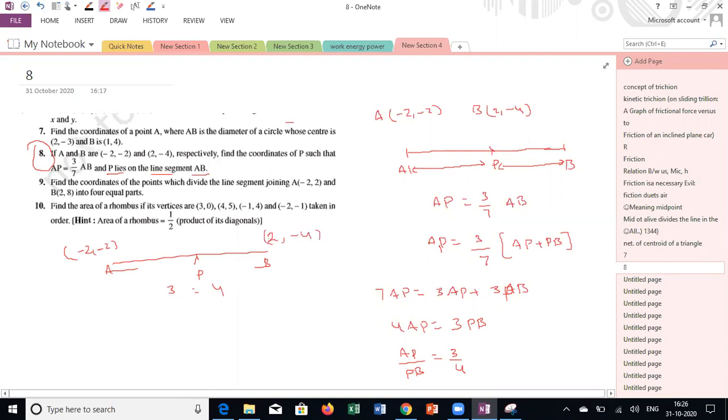How to proceed with this question? Just analytical skills are required, nothing else. Is it clear, guys, what I'm saying? Yes, sir. Any doubt in this question? See, our aim is to find P, and it clearly says it lies on the line segment AB. So I draw the figure. I can say AB is equal to AP plus PB. I substituted in AB and got the AP by PB value. So the AP by PB value means P is dividing the line in that particular ratio.